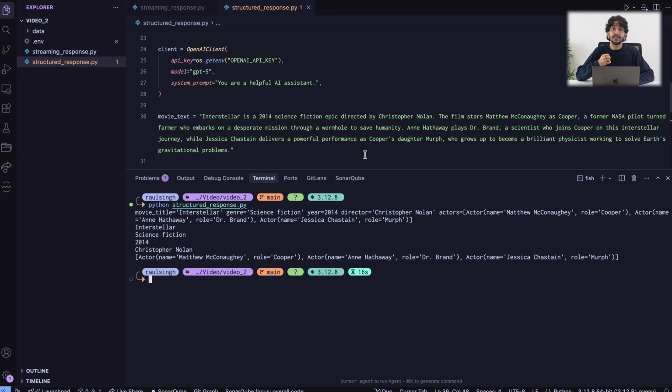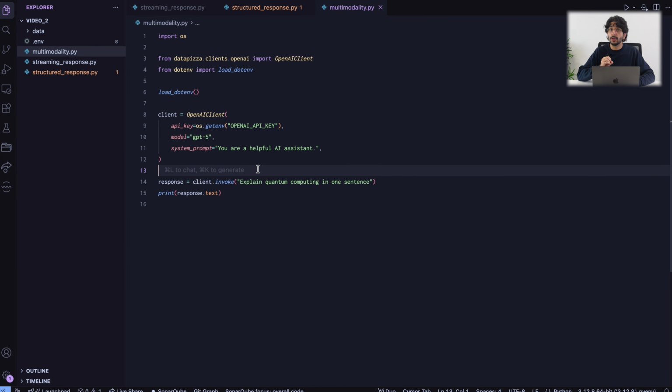Now, let's start with images. Datapizza AI makes it extremely easy and straightforward. We can provide images basically three ways: as a URL, with base64 encoding, and with path. Let's see the first method. So I will start again with our basic client invocation, just to show how easy it is to implement this.